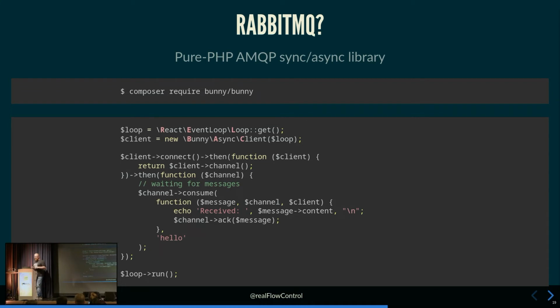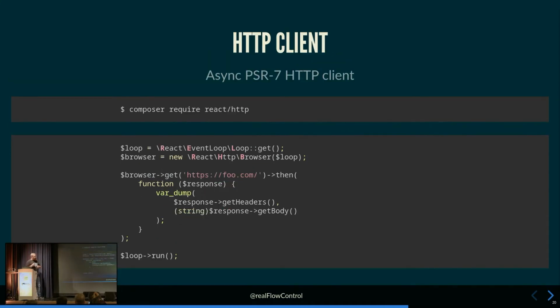The other side is that we need to send HTTP requests out there. And there is also a library, ReactPHP. It's a PSR-7 HTTP client, and it can send out POST, GET requests, whatever you want. Basically the same thing. We have an event loop. We need the browser, give it the loop, and then on the browser you can call get with the URL